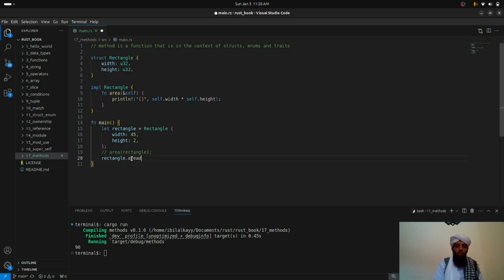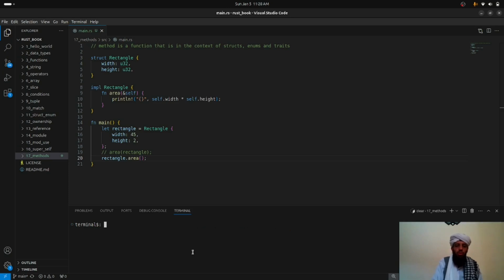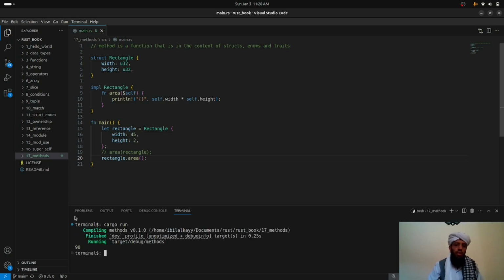So yeah, this is how the method will be called. So area, yeah. So let's write this, and now let's clear this. And now you can see here it has given me the same result, 90, but now the code is more structured. You can see here this is the struct, and now the struct is implemented inside this method. All right, and now you can simply call these methods in the main function, and now the code will be